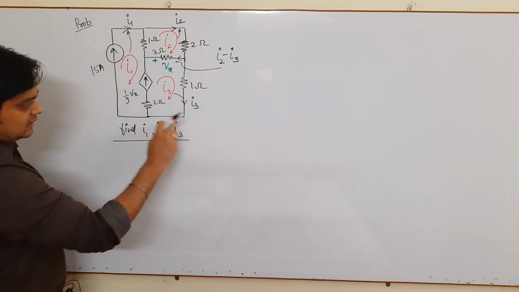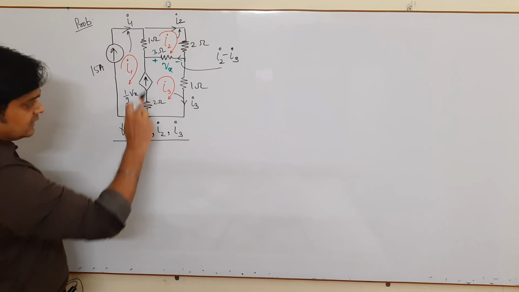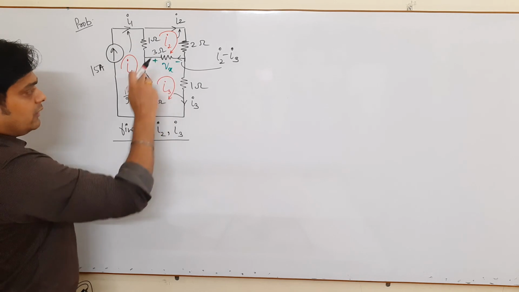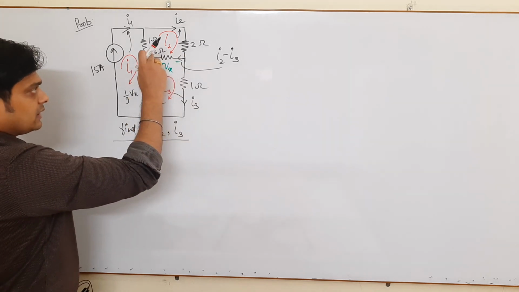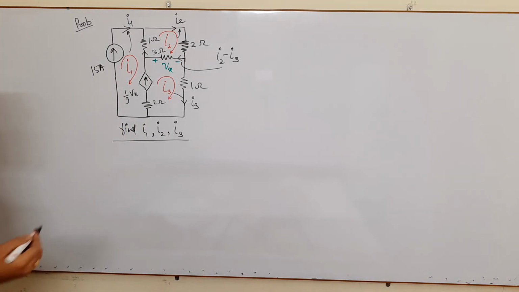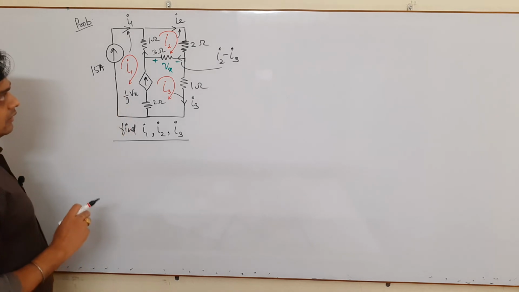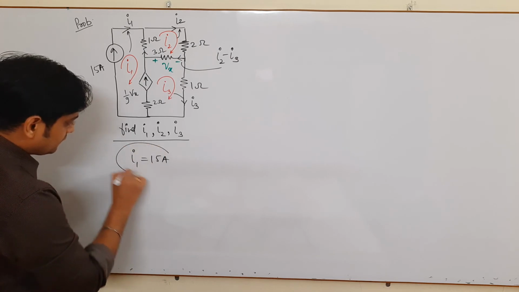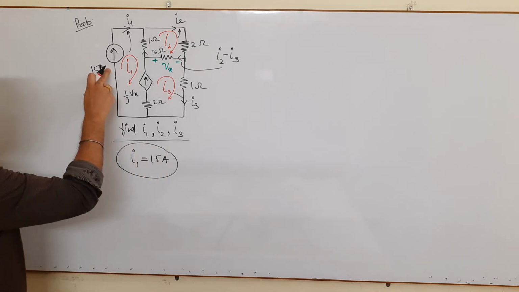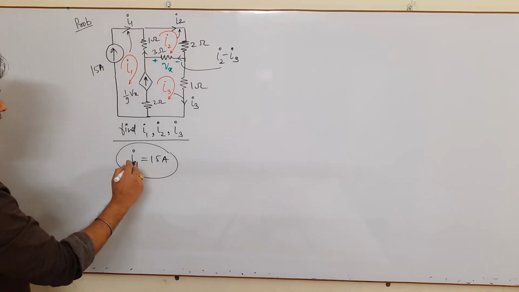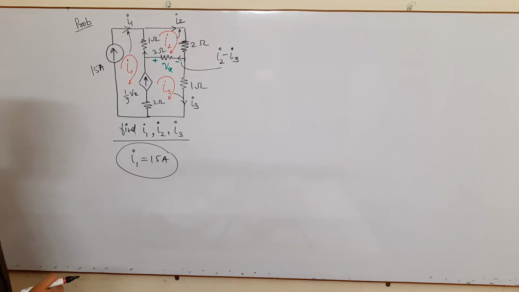Now you see, this I3 is coming here, and this 1 upon 9 Vx is the current which is flowing here. So if this 1 upon 9 Vx is coming here and I2 minus I3 is coming here, some current will enter here. What is that current? We don't know, that we will find. So from here, can I say that the value of I1 is directly 15 ampere? Yes, because this is your 15 ampere current, and as I said, the current which is flowing in this branch is I1. So you can directly say the value of I1 is 15 ampere. Now you have to find the value of I2 as well as I3.